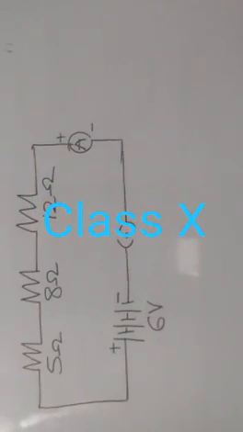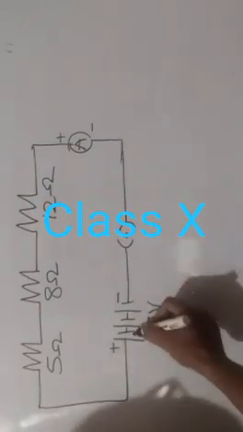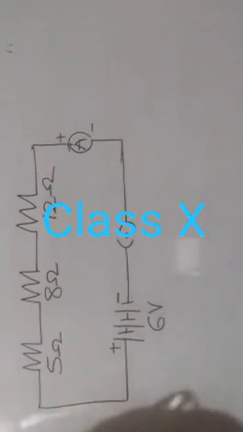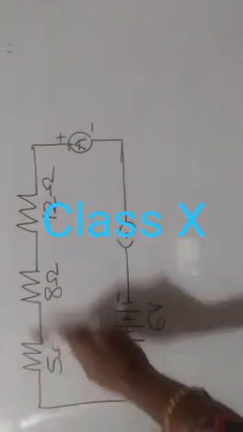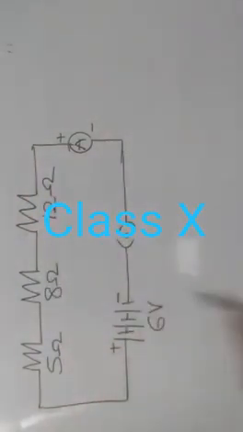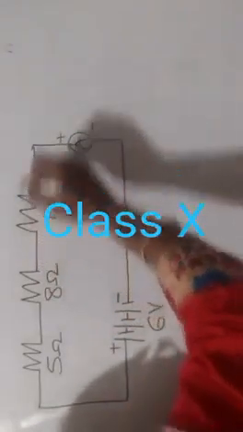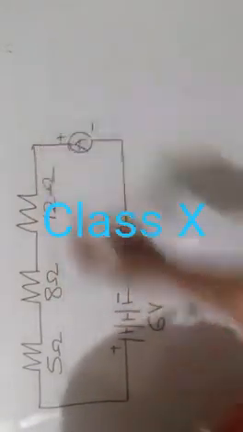So you can see here a 6 volt battery, that is 2 volt, 2 volt each. So here 5 ohm, 8 ohm, 12 ohm, and I have drawn the plug key too. Then I have included an ammeter in series with the battery here. Now I have to include a voltmeter across the 12 ohm resistor here. So where is the 12 ohm resistor here? Should I include it here?